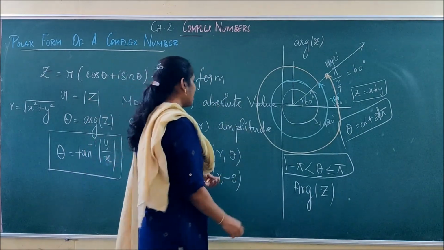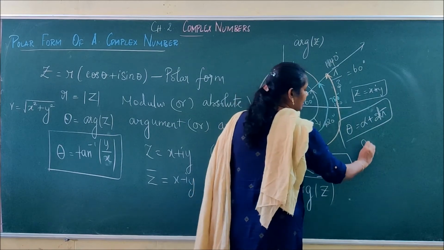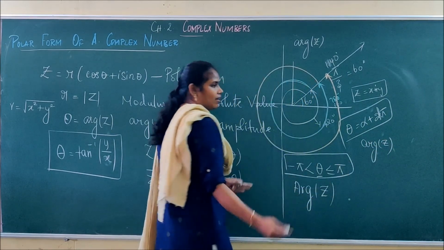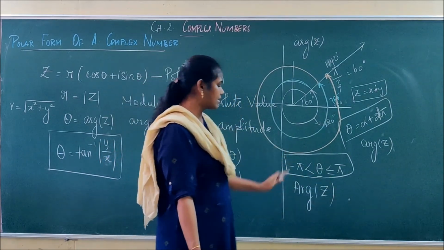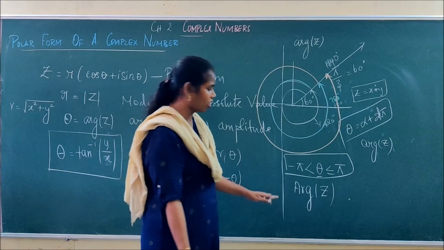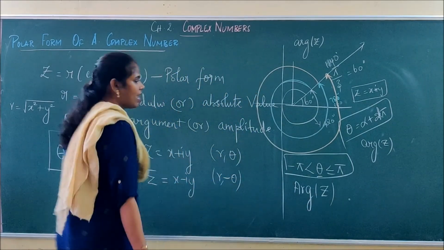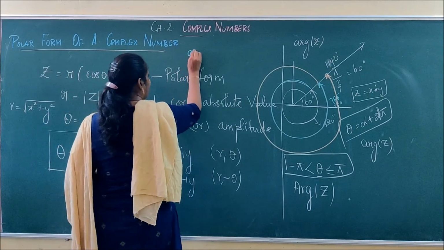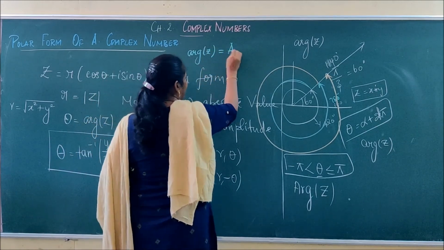Okay, and here the angle in common we are finding is nothing but the argument of z, that is arg of z, and within this the exact angle between minus pi to plus pi is nothing but the principal argument of that z, and that is represented as Arg. And finally we can write argument of z as principal argument